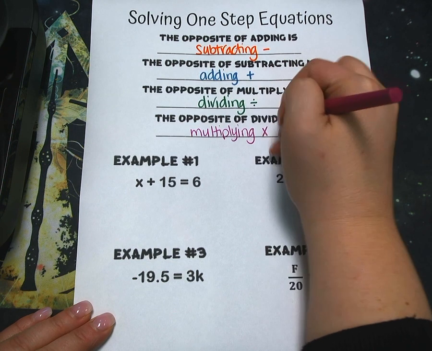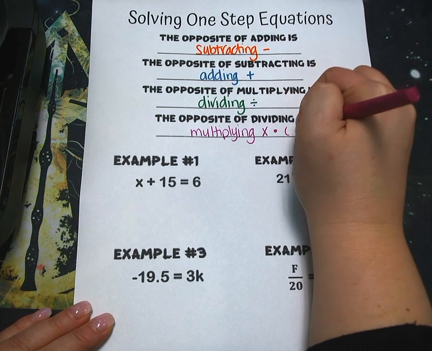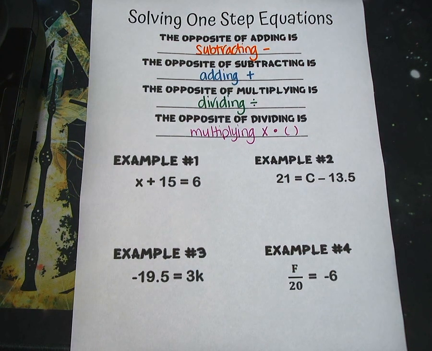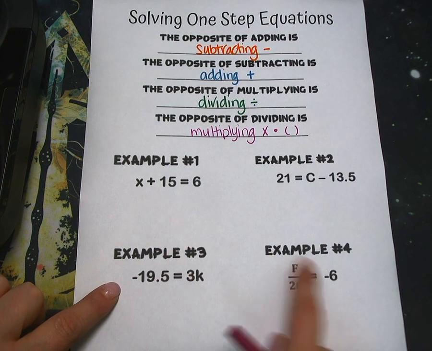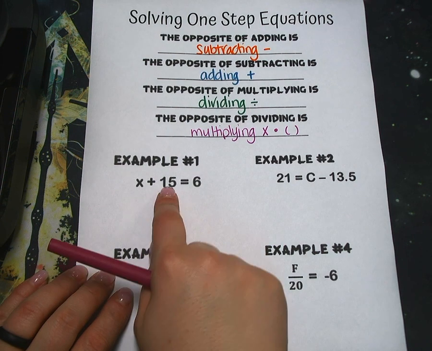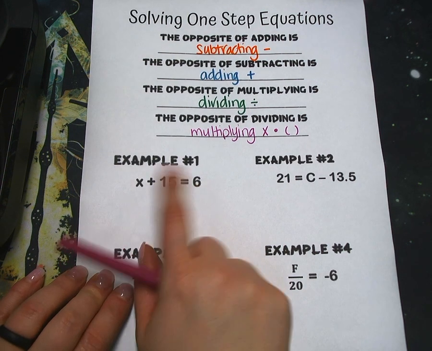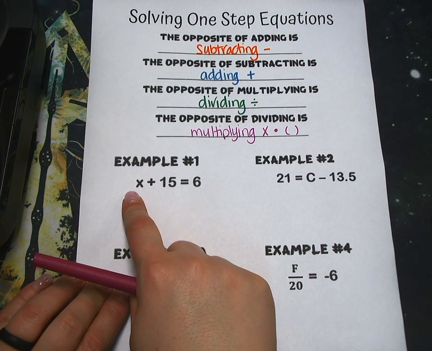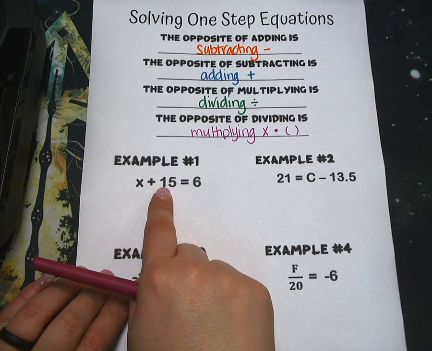And remember, multiplying can be an X, a dot, or parentheses. All right, so we're going to use those opposites, those inverse operations to solve our 4 examples down here. All right, so x plus 15 equals 6. So I'm trying to figure out what would x be that we could put it with 15 and it would